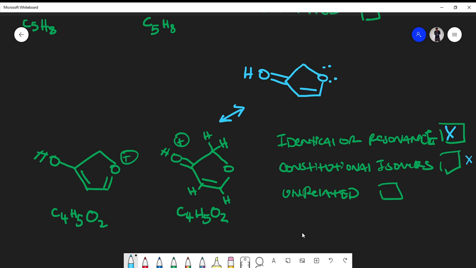Now I could take one of these lone pairs and bond it to the carbon adjacent to the oxygen. At this point, carbon would have five bonds, so I could take this double bond and put it on the other side. Now I'm giving carbon five bonds again, so I could take this in the form of lone pairs and put it on the oxygen. And if I look at where my electrons are going and we redraw the structure,